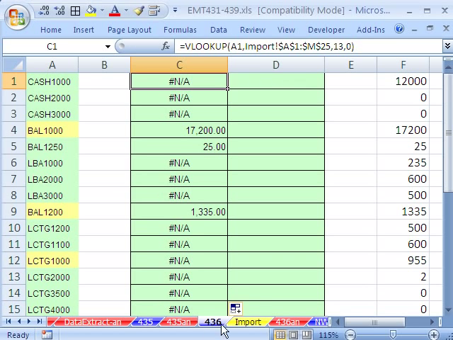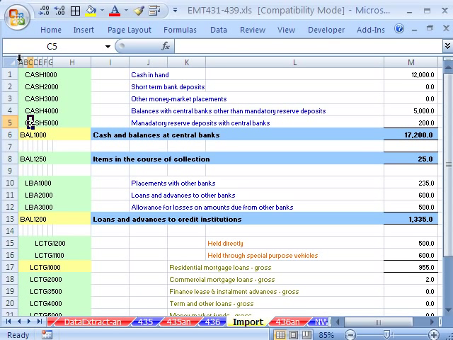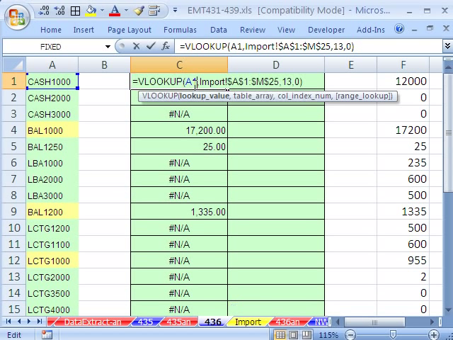Well, here's the trick. Let's go back over here and look. We have one, so it's A, B, C, D. Those are the different columns where our lookup table should start. If we start with A, it's going to be column 13. If we start with B, it's going to be 12. C, it's going to be 11. And D, it's going to be 10. So watch this. We just copy this one formula